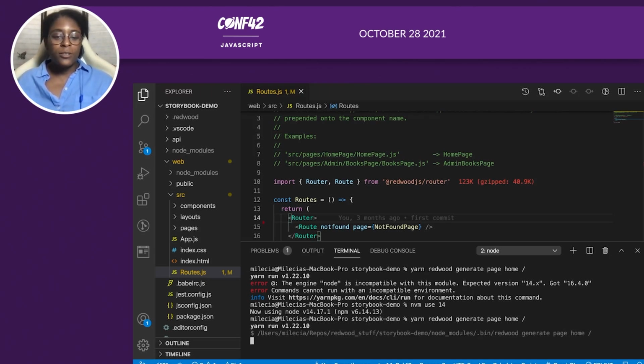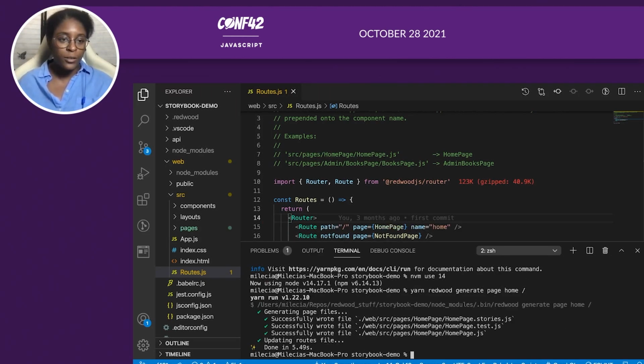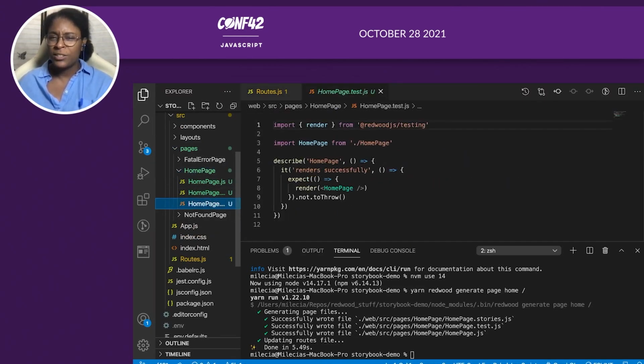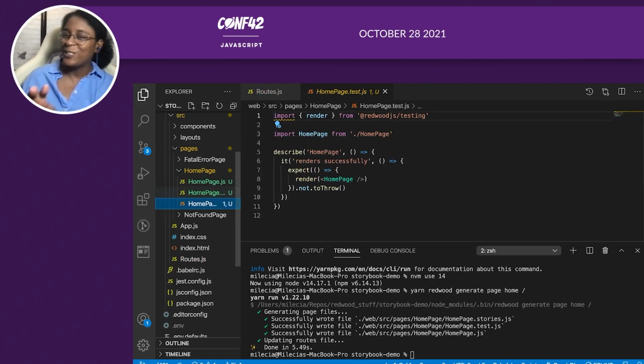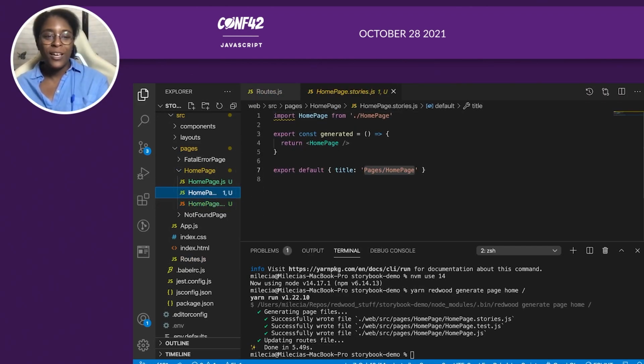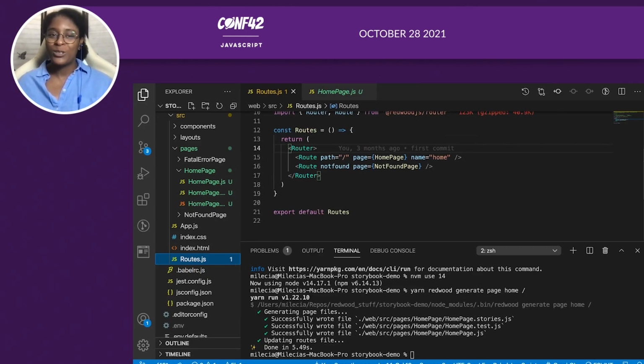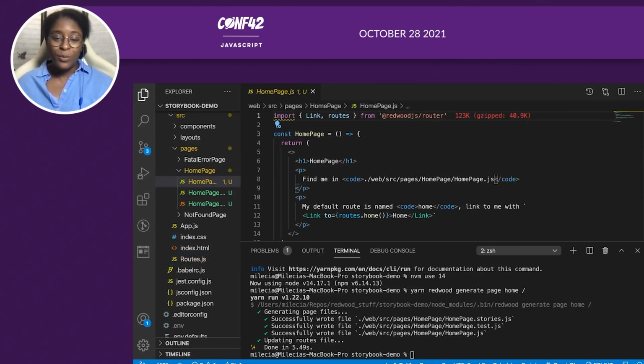And what this is going to do, Redwood is going to generate these 3 files here for us. So if I come over in the web directory and look under source pages, you'll see this new home directory. And it's pretty cool because Redwood makes this test file for you. It makes a Storybook story for you, and it makes the component for you. It also updates the routes for you. So anytime you need to add a new page, you can just run that command and get all of this